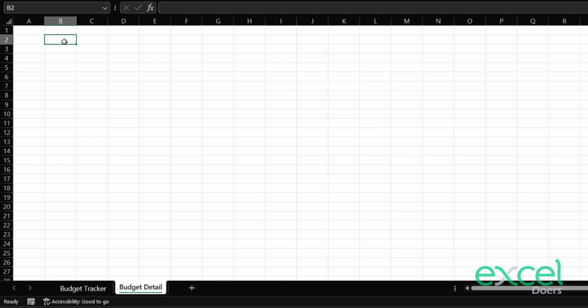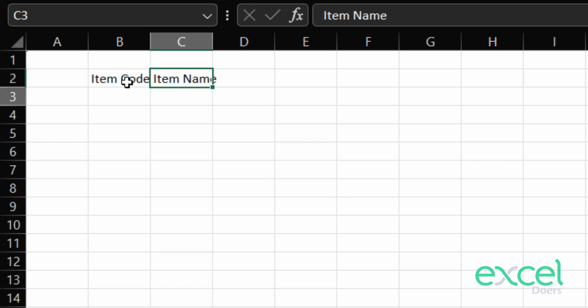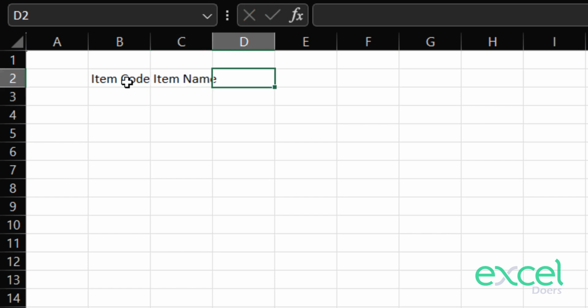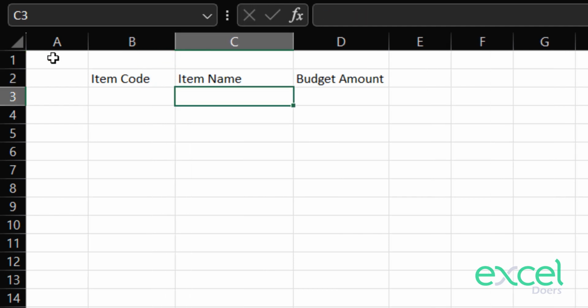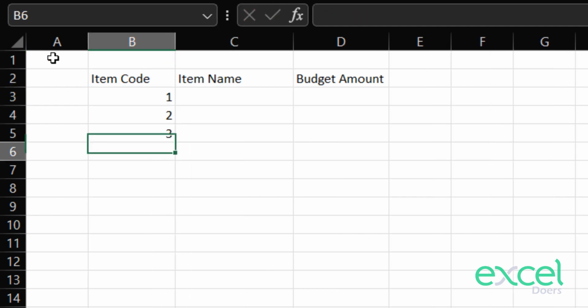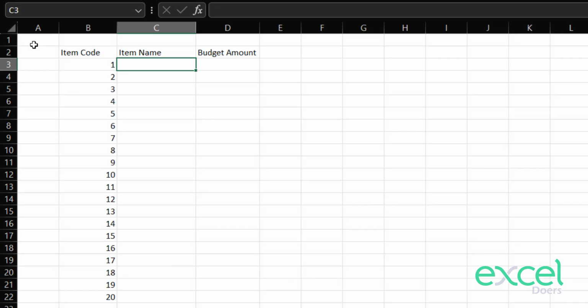So let's say I'm going to define the item code. Okay, this is an optional field. If you want to keep it or not, solely up to you. Item name, right? And we will call it the budget amount, right? So this can be your annual budget, right? So let's assume I'm giving a serial of 1 to 10 to define my budget items. Okay, so the first item name can be my rent, for example,